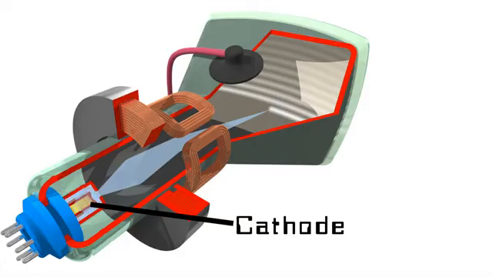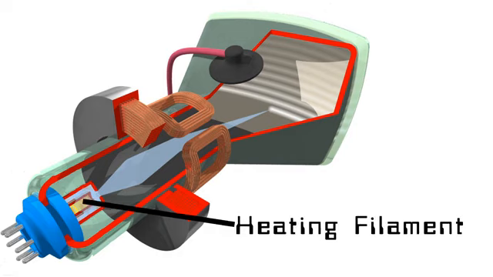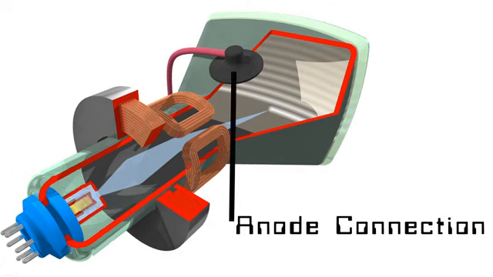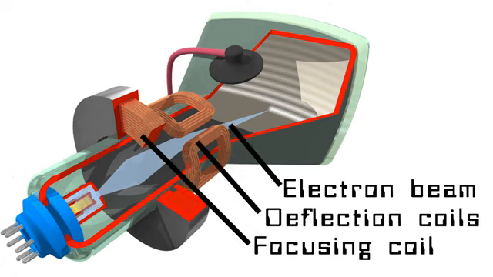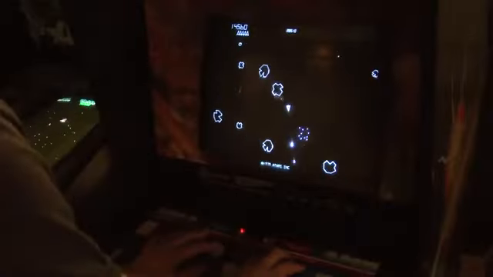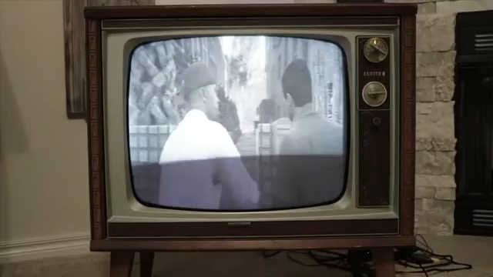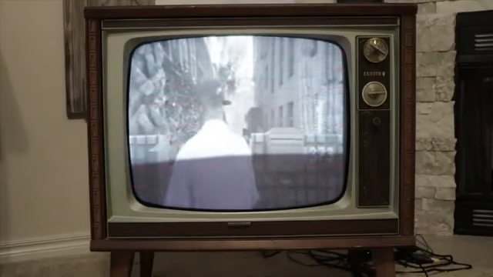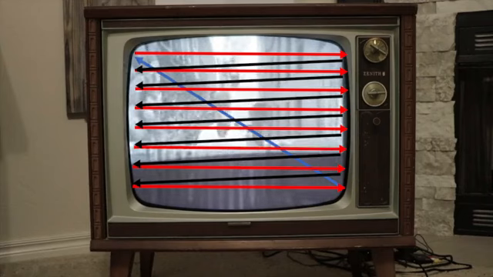An electron gun contains a cathode, which is a negatively charged electrode. The cathode is heated to emit electrons, which are drawn away by a positively charged anode. These electrons are focused into a beam using a focusing coil and directed onto the screen using magnetic deflection. In the case of a vector screen, the beam is moved to draw shapes. In the case of a raster screen, like a TV, it scans from top to bottom continuously to form an